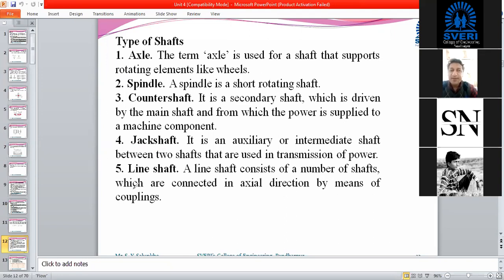According to the type, the design criteria will change slightly. Just a few things will change, so you will come to know which basic criteria we have to use while designing the shaft. Otherwise, the basic procedure remains the same: we have to consider torsional stresses, or shear stresses, and the maximum torque is transmitted by means of shafts only. We have to consider shafts that undergo torsional stresses.